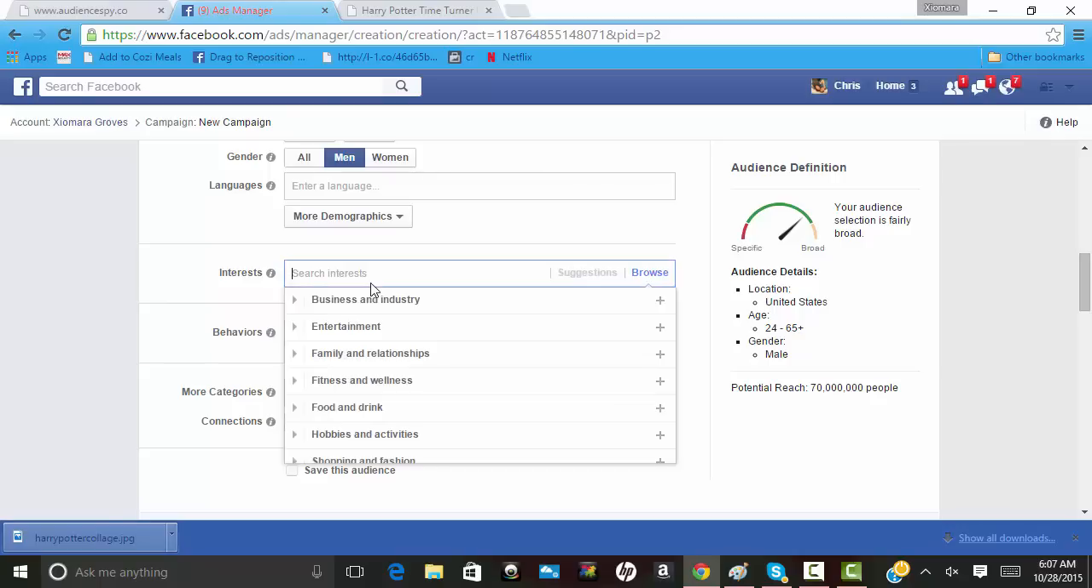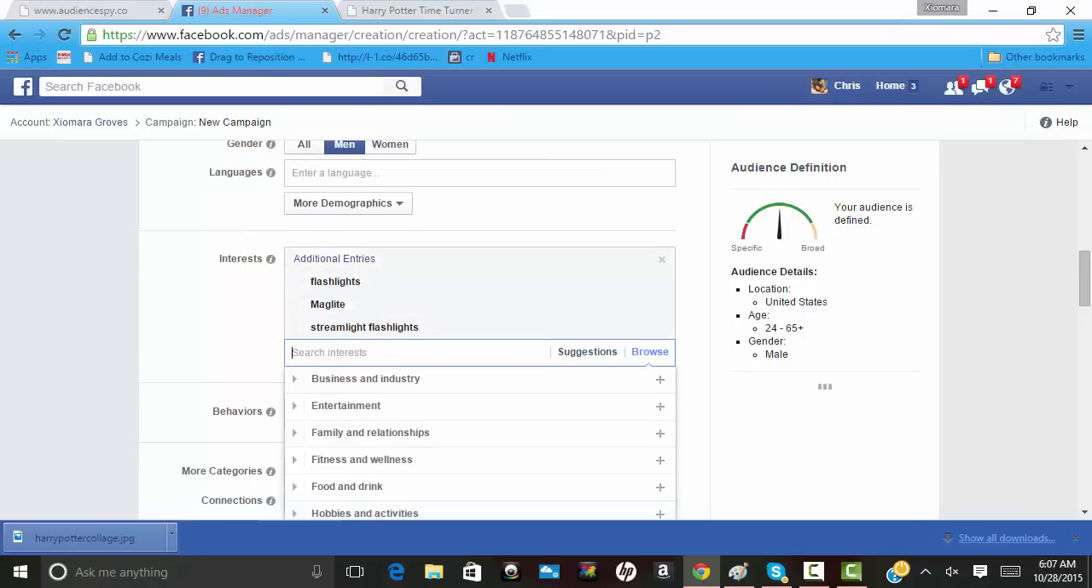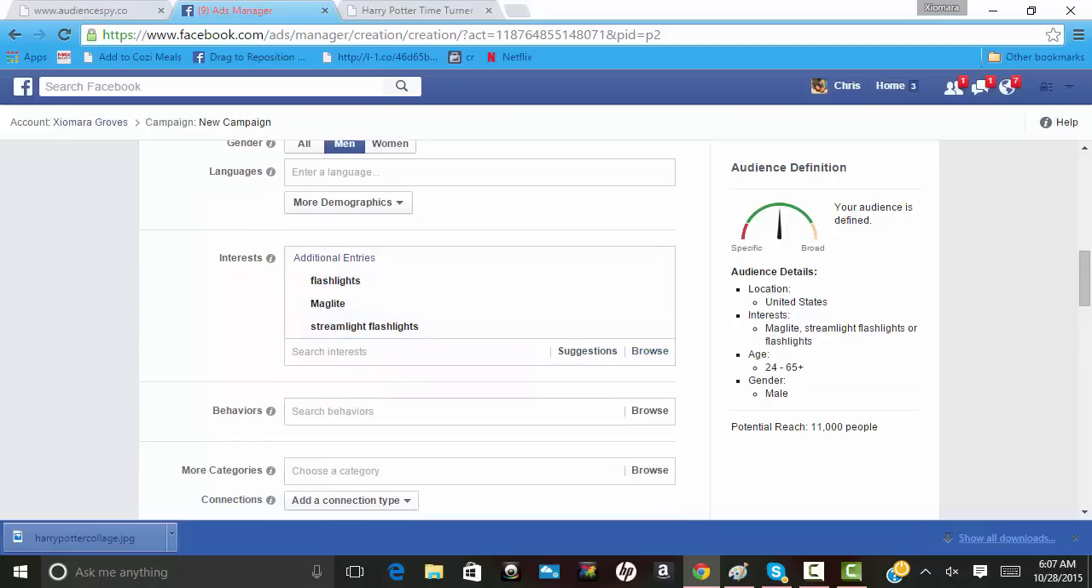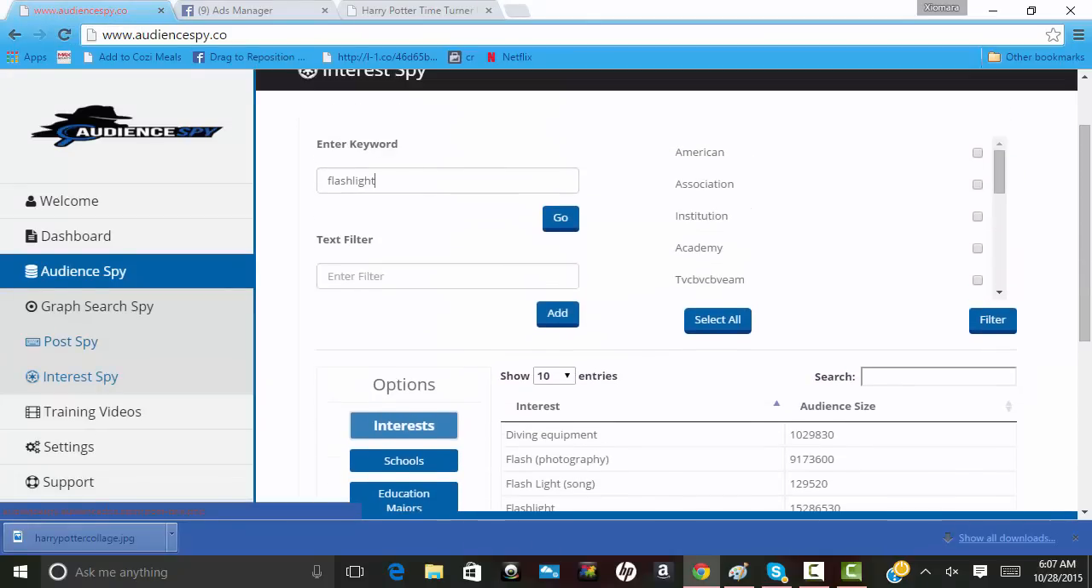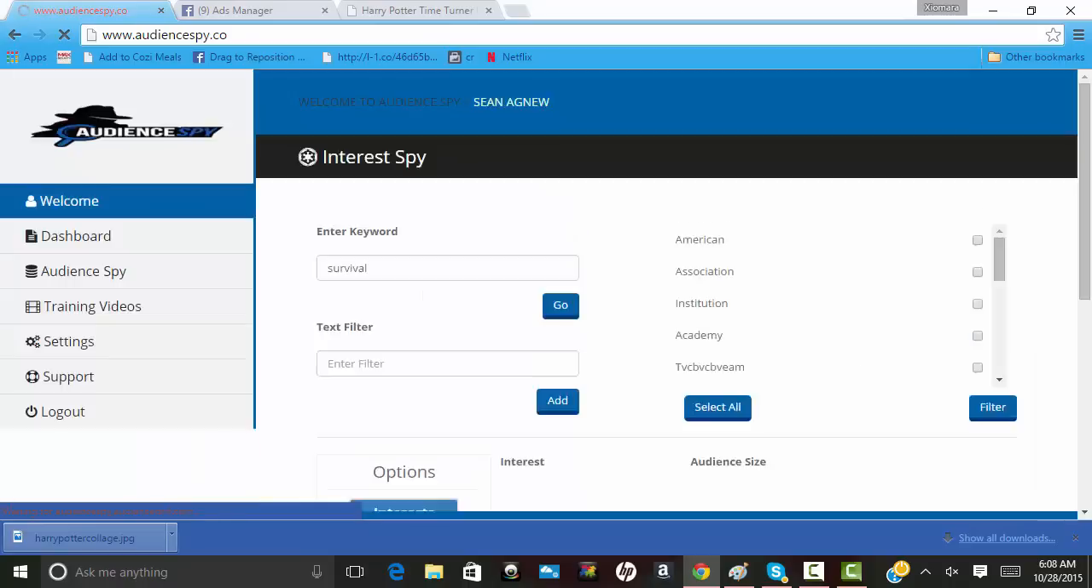So I can just paste those in. There we go, just like that. And bam, it's going to give me the targets. Now I only have 11,000, so let me be a little creative, and I'm going to type in a keyword like survival. I could also do camping as well, because those are really good keywords where you're going to find your flashlight buyers. So I'm typing in survival,